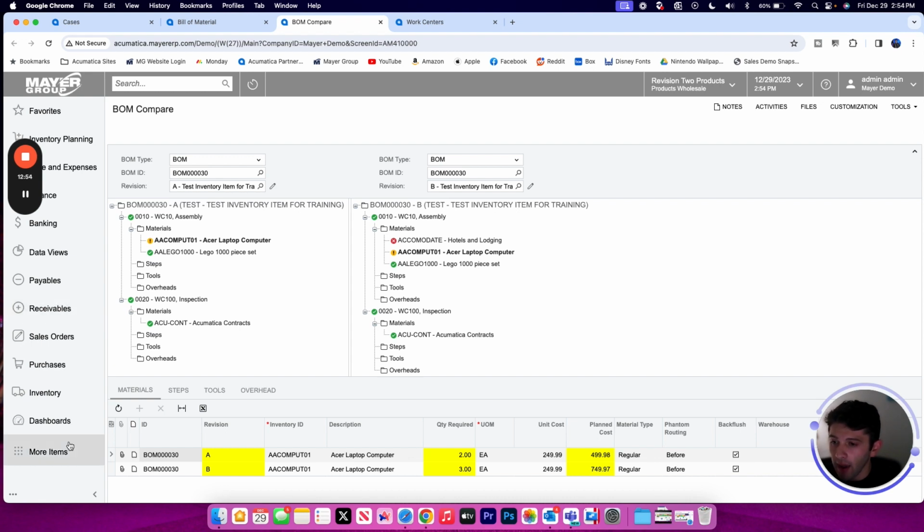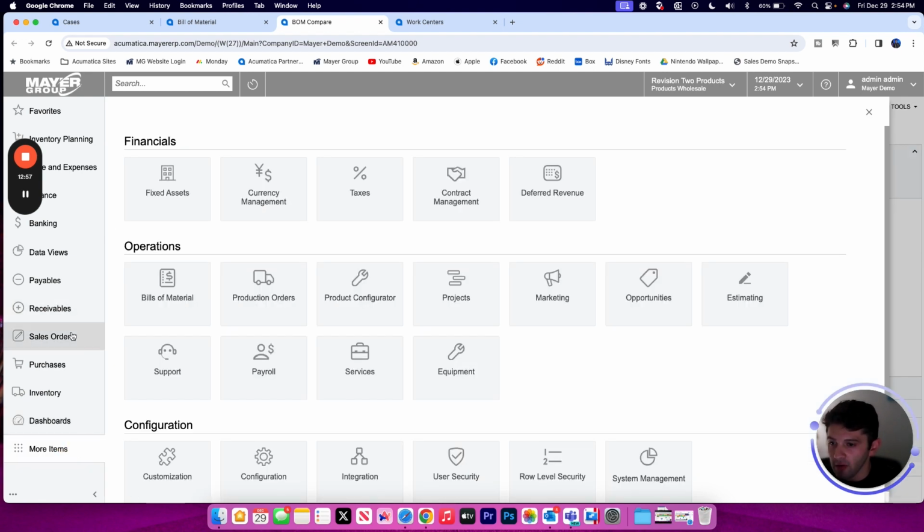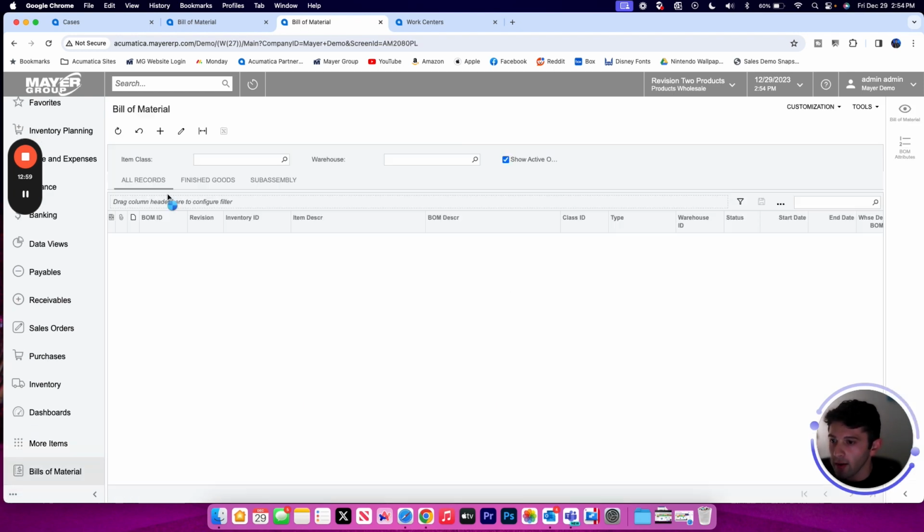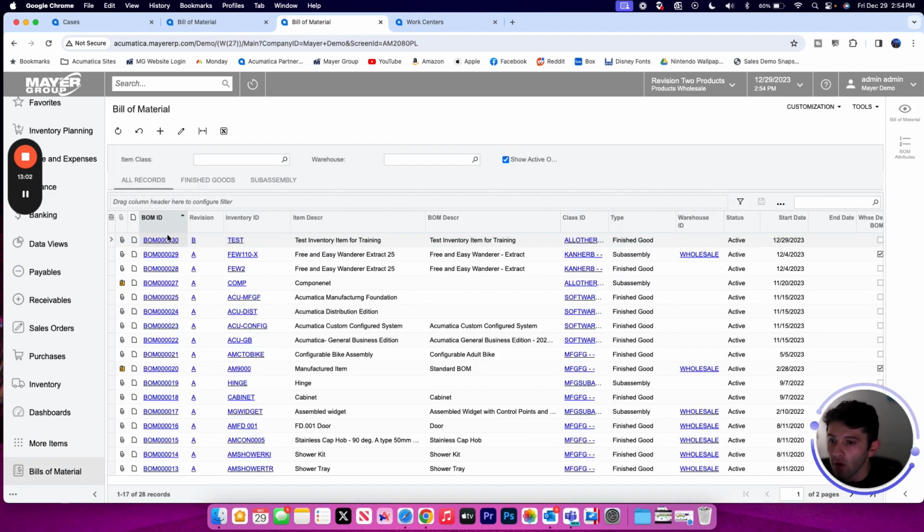That is going to wrap up at a high level how we go about building bill of materials. Of course, there is more nuance to it in a real environment, so if you have any further questions on